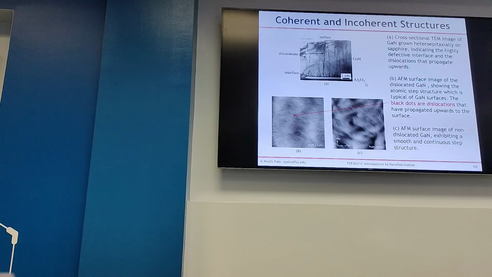This is sapphire, alumina Al2O3. That's sapphire, and gallium nitride is grown on it. You see at the interface, because they have lattice mismatch, some of those defects propagate all the way to the surface, but some just stop at the lower thicknesses. But there are ways to reduce them. There is a lateral overgrowth technique,